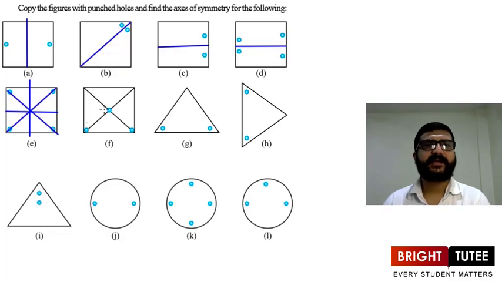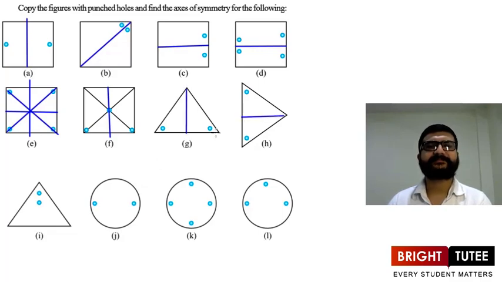Now for the next one, how many lines of symmetry can we have? For this one we can have only one, that is this. This line should divide this hole at the center, or at the intersection of two diagonals, into two equal parts. Now the next figure, for this one we can have the line of symmetry like this, and for the next one we can have like this. This is the line of symmetry for this figure, because if we fold this figure along this line, both the halves are going to coincide with each other.